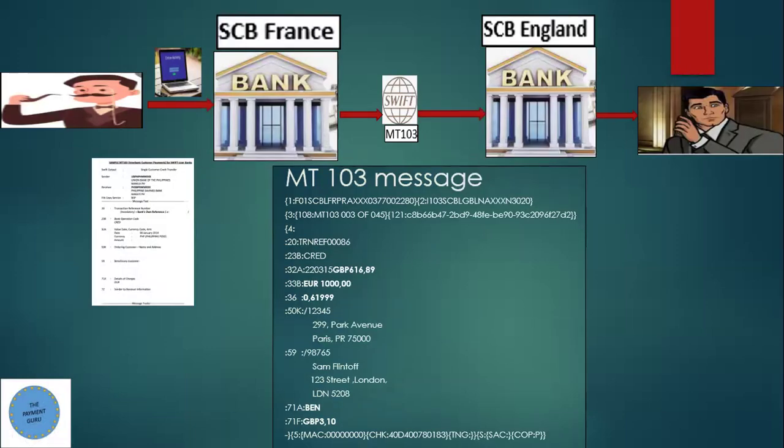All right, so when you initiate a transaction, in this example, I have shown here towards the left-hand side, one person who is holding an account at Standard Bank France wants to make a payment towards the right-hand side to a person who is a beneficiary holding an account in Standard Bank, England. Now, when he initiates a transaction, he basically populates all the details of the beneficiary customer, right? That includes your beneficiary account number, beneficiary name, beneficiary address, the bank where the beneficiary holds an account,